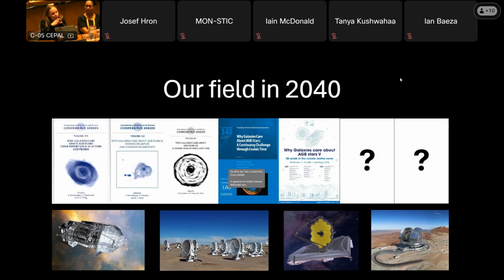But I think, in terms of that, a next facility in the 2040s with very long, kilometer baselines would really help to understand the physics, in this community more on the physics of how stars actually die and how these post-AGBs in this case shape planetary nebulae at the end of the life of the stars.